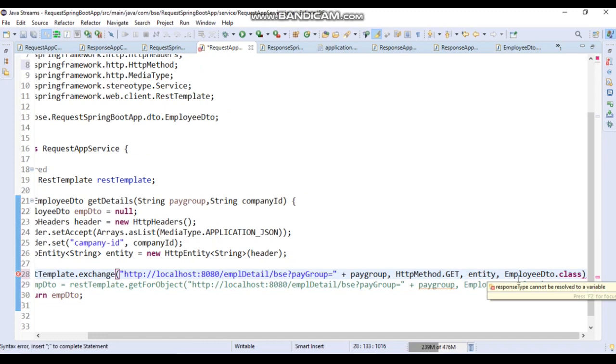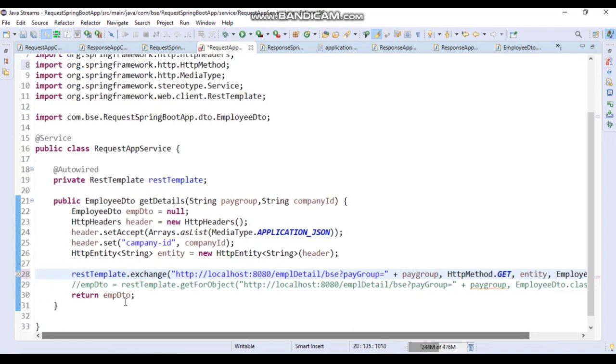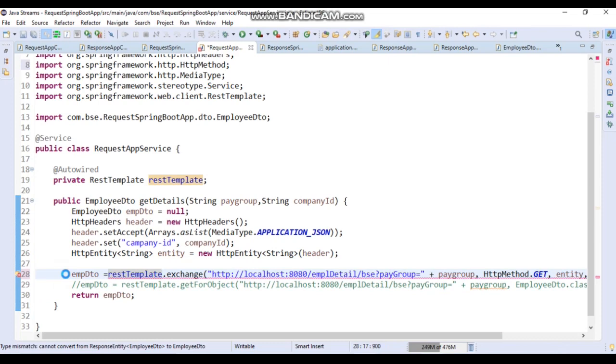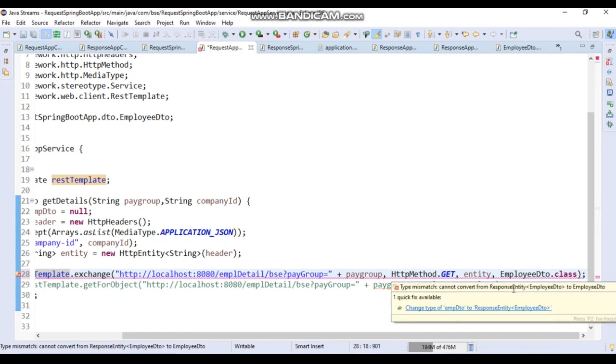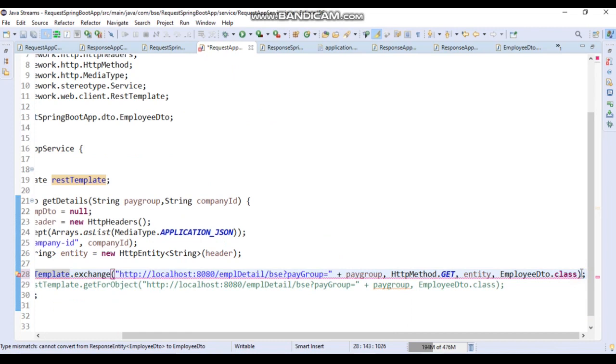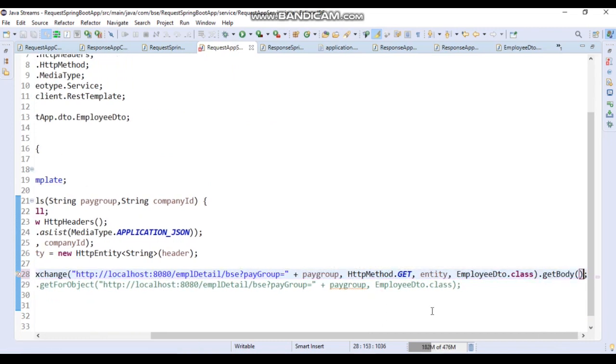I think I'm done. Let's do it like this. Then assign it to mdto. I think it is still remaining. Actually we'll get the response body out of it. Response entity, we need to say response entity dot get body. Then we will get the actual response.